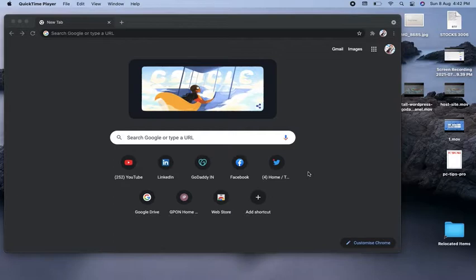Because let's say you are adding someone to work with you on a certain project on one of your websites, then you don't need to provide your hosting login details. That means if you have website hosting with GoDaddy or Hostinger or any other service provider, you don't need to provide your hosting login credentials. By providing the cPanel credentials, you can only give access to your cPanel, not to the complete hosting. So let's proceed to show you how you can change the password of your cPanel.